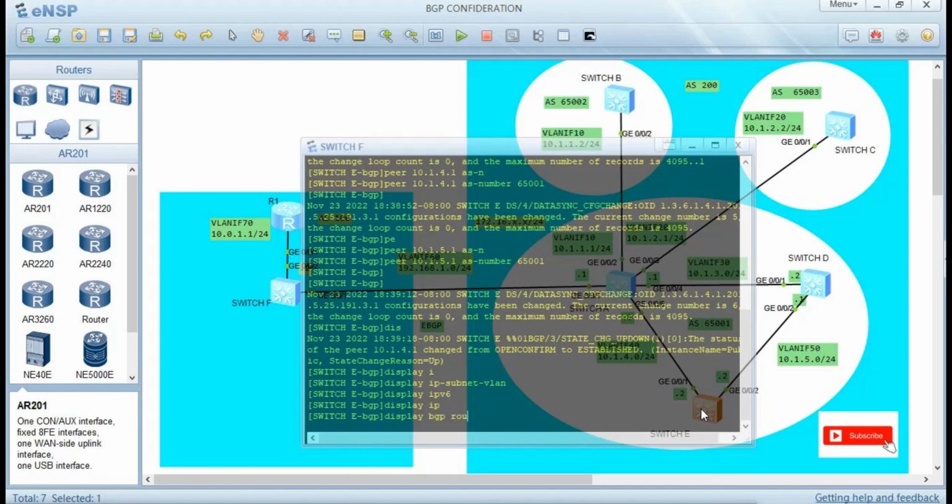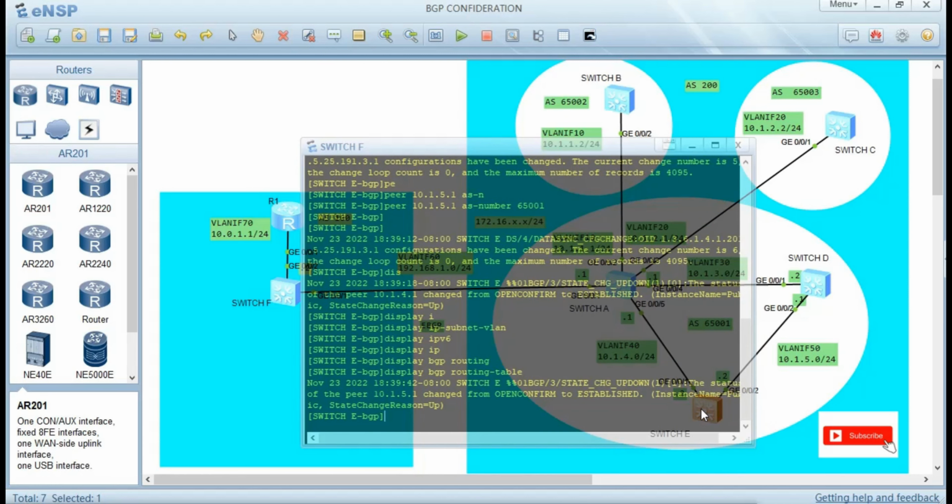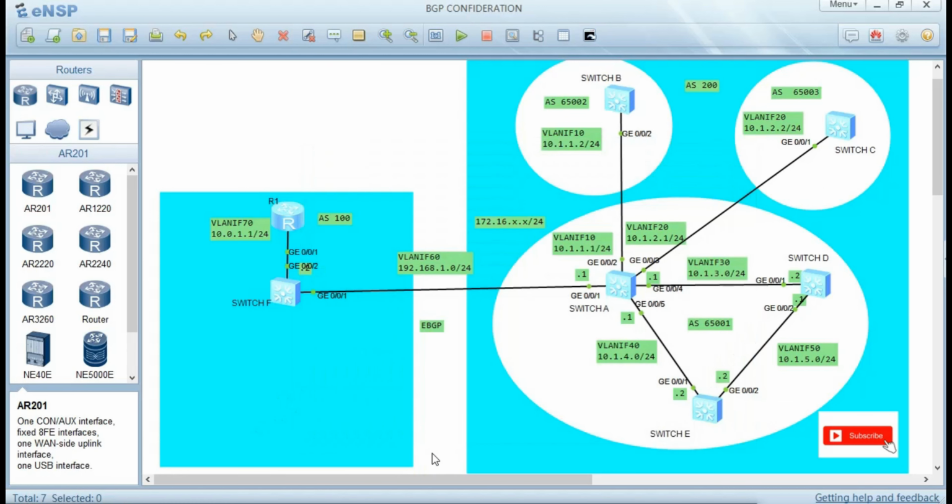BGP routing table. Okay, let's give it time. It's still establishing the states. So after that, the next thing we do now, we are going to configure